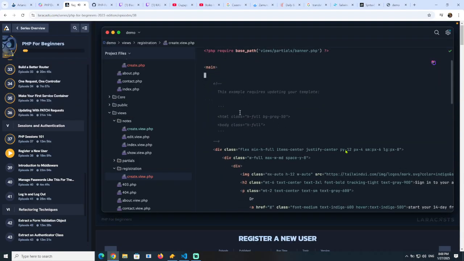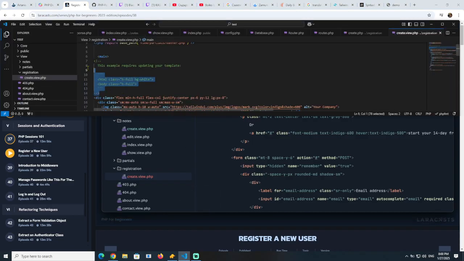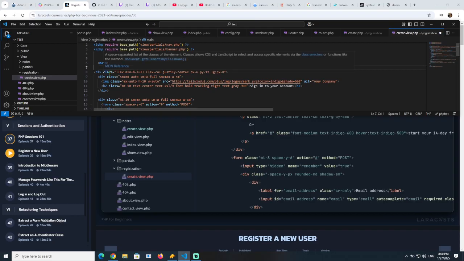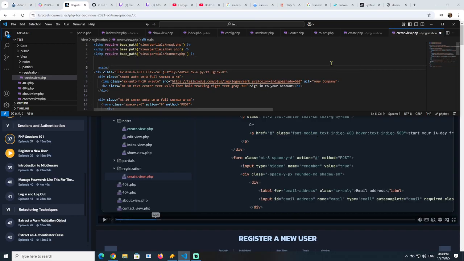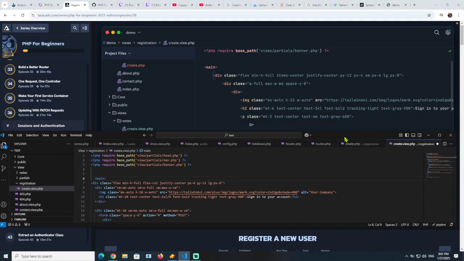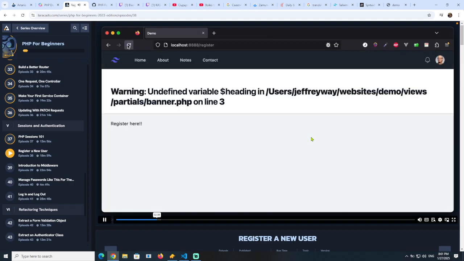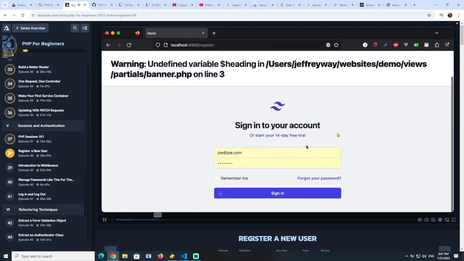component. Here they want us to update the HTML and body tags to make the height 100%, but I don't know if we'll even worry about that. So let's get rid of that. And yeah, let's just cross our fingers and see how this looks. So if I come back and give this a refresh, I still see my warning, but sure enough, we have the beginnings of a login form or a